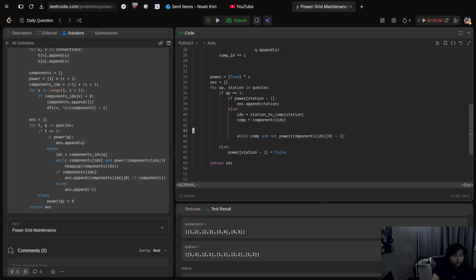So while comp, we will do heap pop of the component. Yes. So if comp, res.append